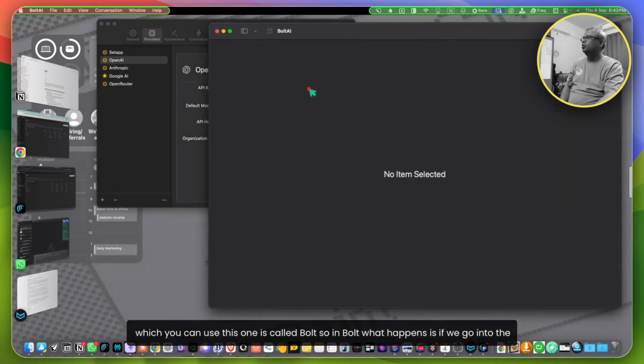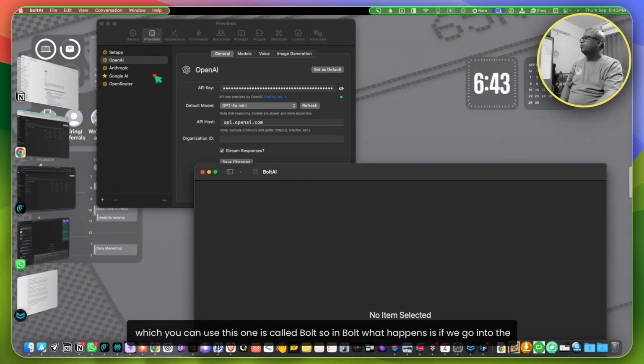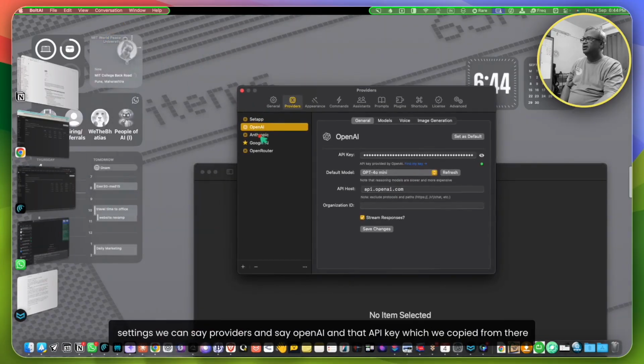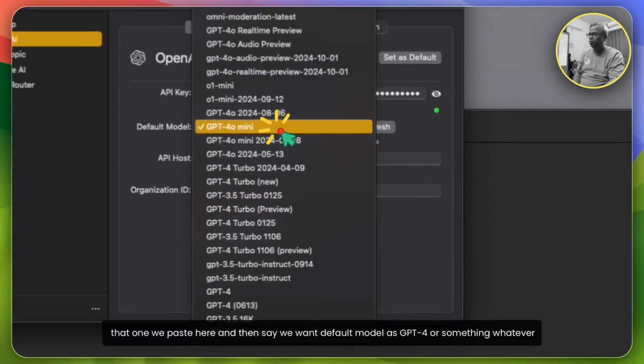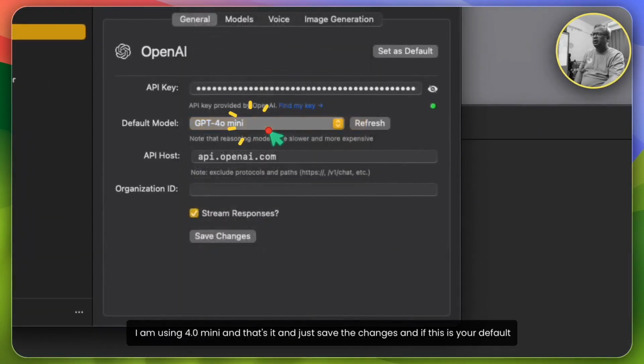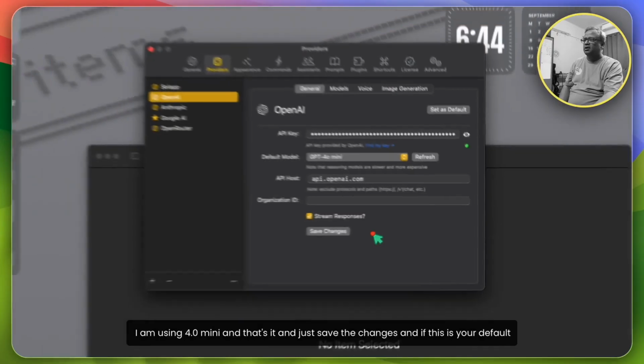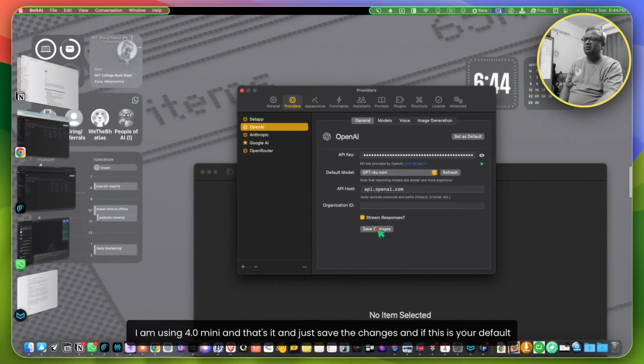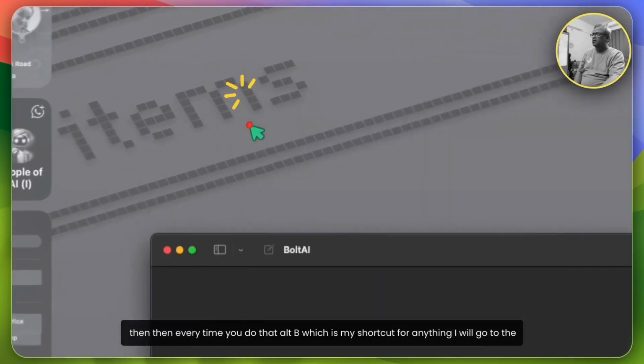This one is called Bolt. So in Bolt, what happens is if we go into the settings, we can say providers and say OpenAI, and that API key which we copied from there, that one we paste here. And then say we want default model as GPT-4 or something, whatever I'm using, 4o mini, and that's it. And just save the changes. And if this is your default, then